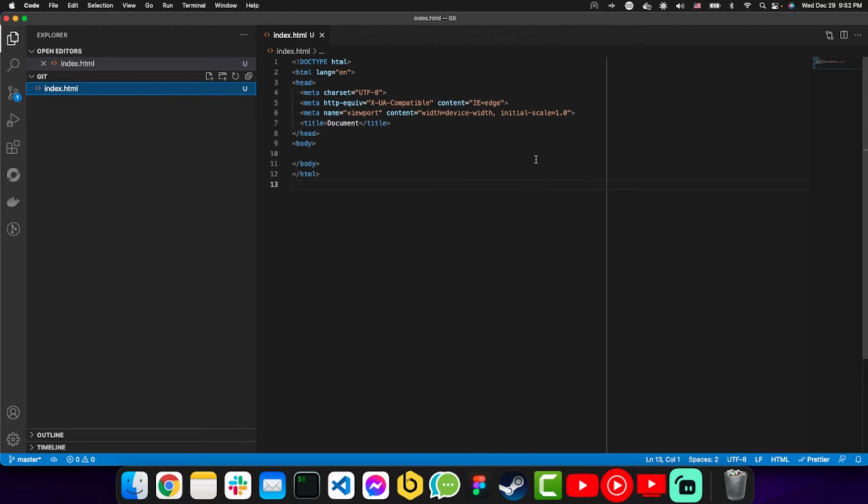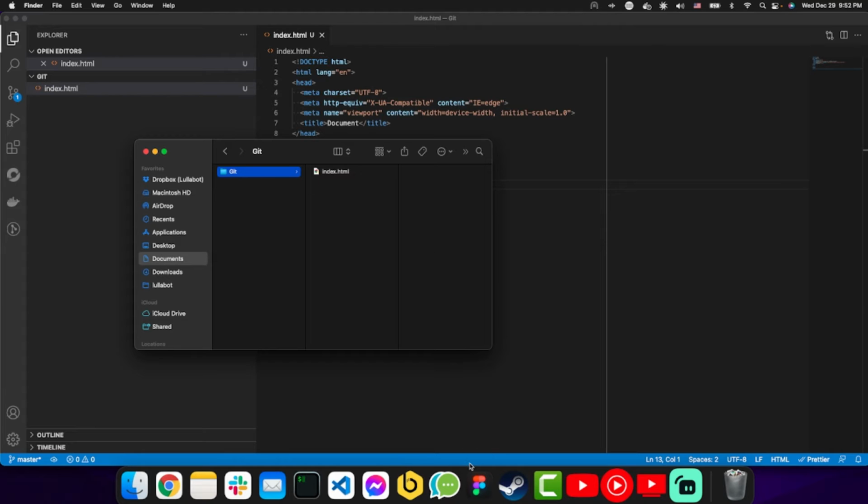Okay, so what can we do with Git? Right now, you are looking at my brand new HTML project, which is absolutely nothing at this current time. It's just simple boilerplate HTML code. And as we can see within our project structure here, we don't actually have anything at all other than this index.html file within our project. So our project doesn't actually know anything about Git. We've downloaded it, it's on our machine, but this particular project is totally unaware of Git and what it can